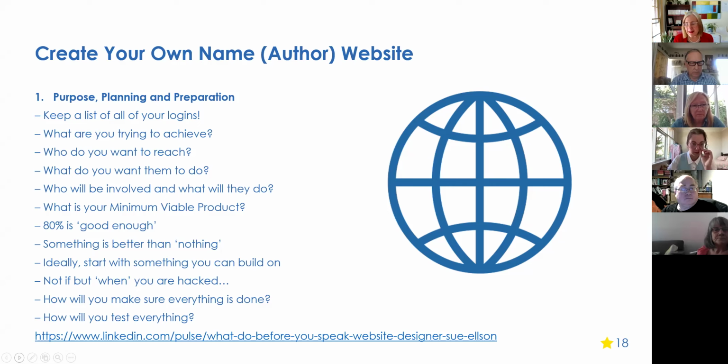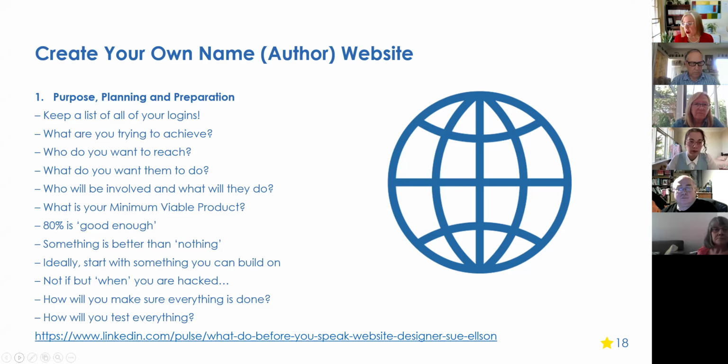And please consider starting with a minimum viable product. If it's a one-page website and it's got your photo on and a few contact details, that's enough to get started. You don't need mega stuff to get going. And sometimes if you buy a domain name, you can get a little one-page website for free at the same time. So, you could definitely do that.